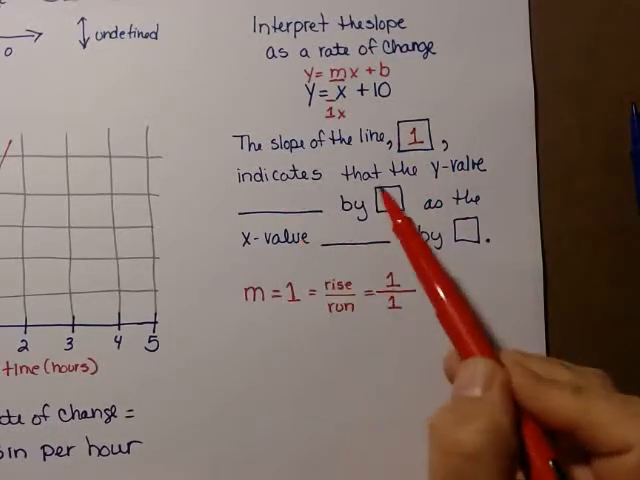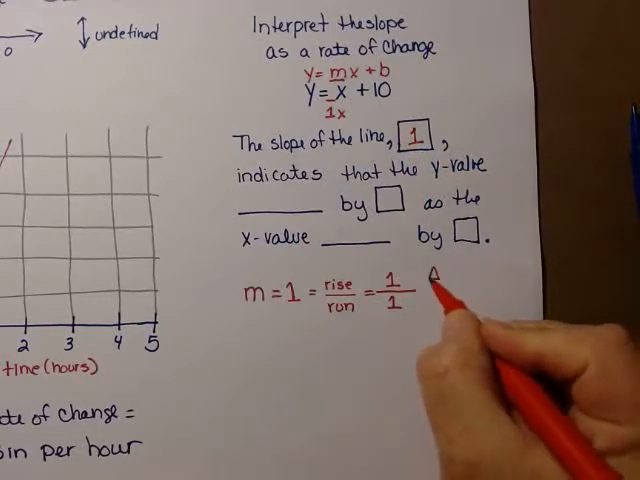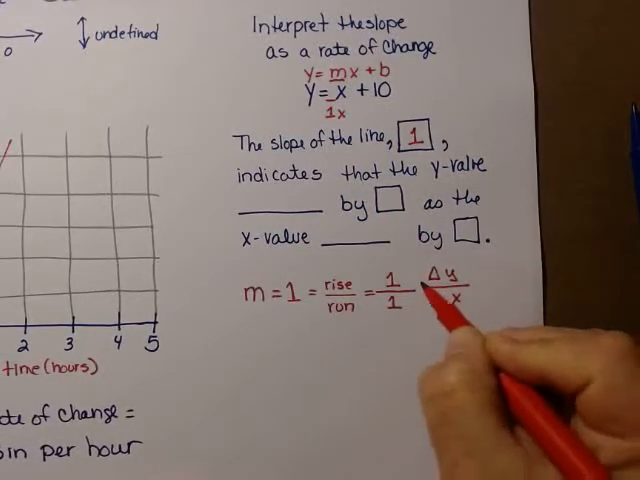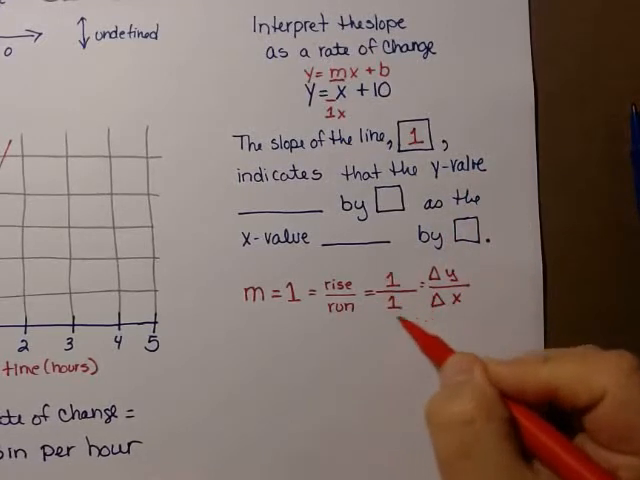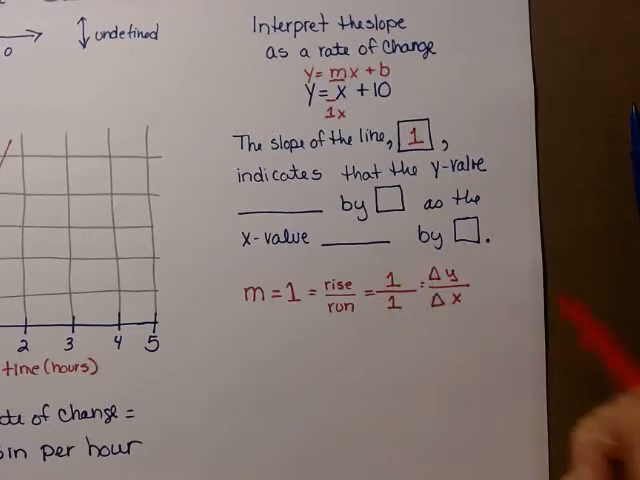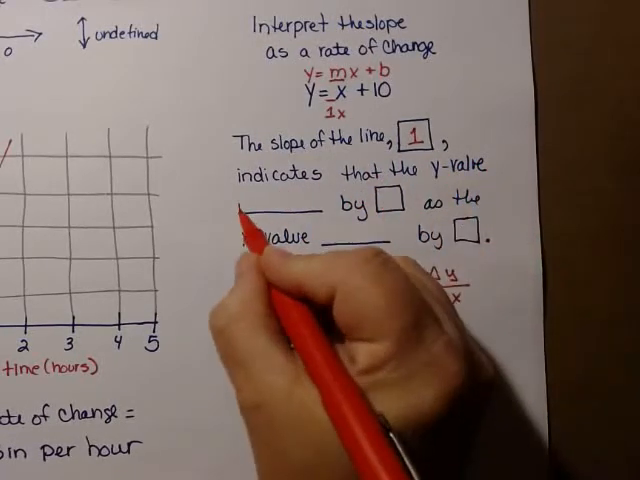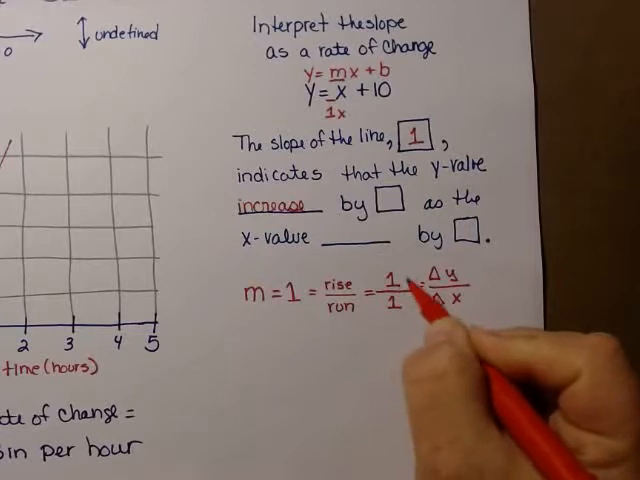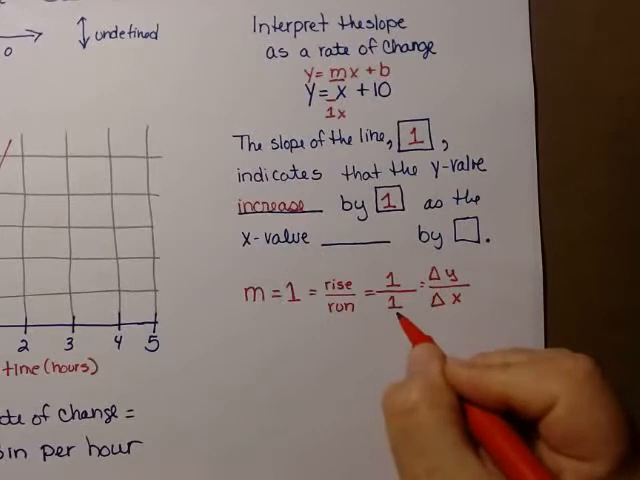So this indicates that the y value, now remember, this is your changes in y's over your changes in x's. So your y is on the top, your x is on the bottom. So if your slope is positive, both of these numbers are positive, they're both going to increase. So this means that the y value increases by whatever number's on the top, 1, as the x value, because it's also positive,